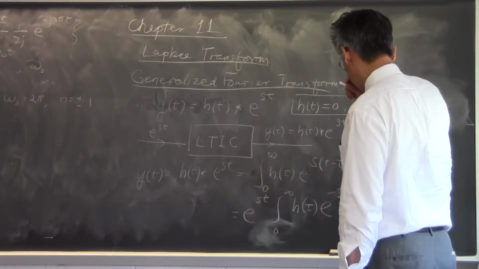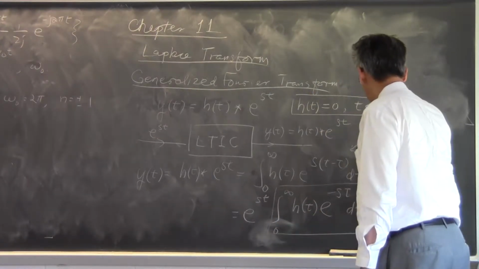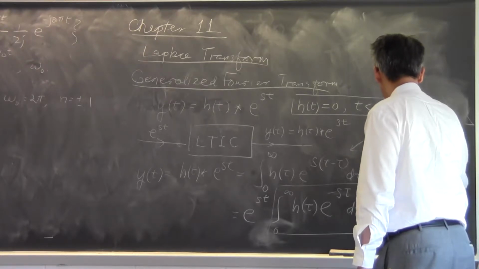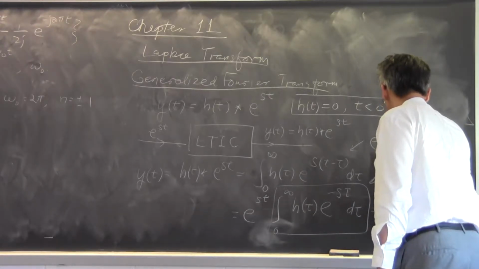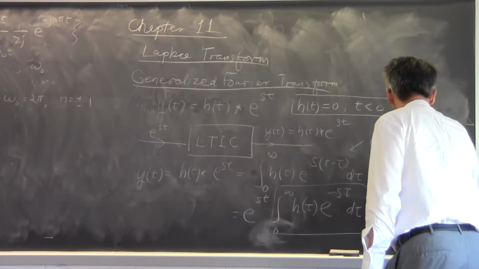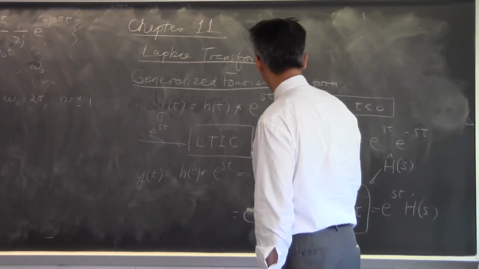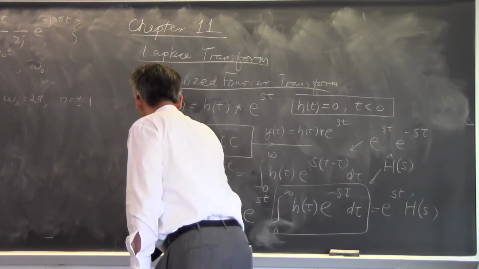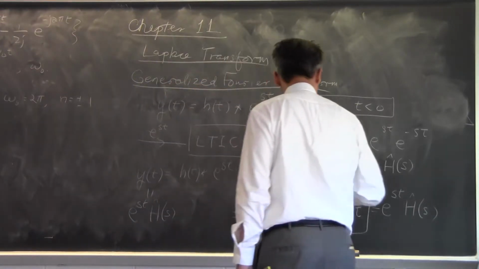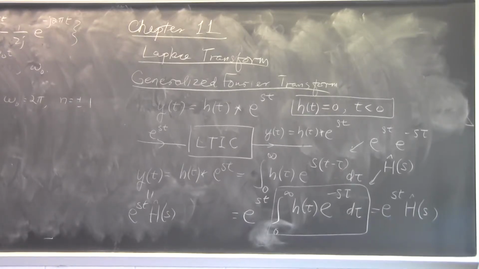Okay? So this part over here, I can call it h hat of s. Okay, h hat of s, and then you can write this as e to the st h hat of s. So hence I can write the output y of t being equal to e to the st h hat of s. Okay, this is reminiscent of something that you have learned before. It's just a generalization of what you had learned before,